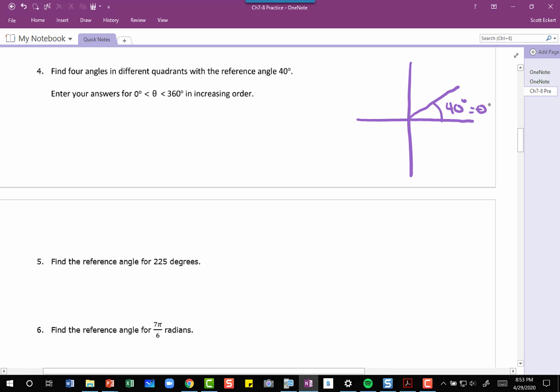There's my theta. Now, we want 4 angles in different quadrants with the reference angle of 40. Well, the reference angle, let me change. If theta is 40, and I'm in quadrant 1,